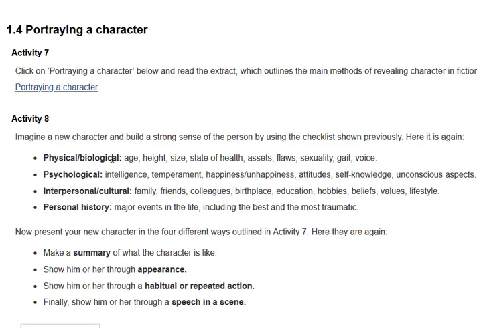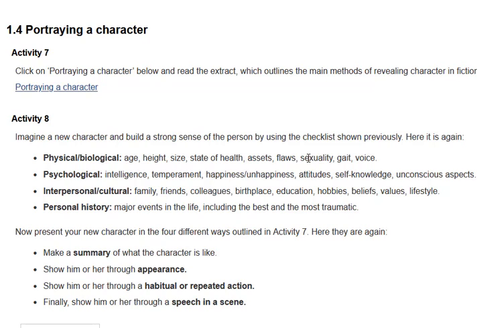imagine, okay, how old is the character going to be? How tall? What's his size? Is he going to be thin or fat? Is he healthy? Is he sickly? Assets. Is he poor or rich? Does he have any flaws? Remember, the character flaw is what drives the plot, because we want to correct that character flaw, like with St. Paul.